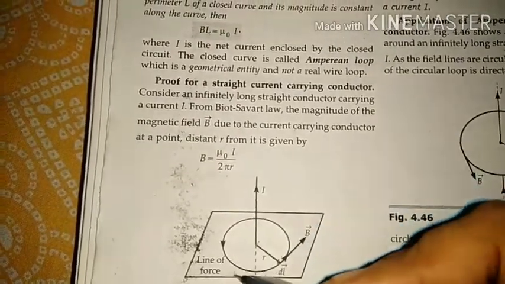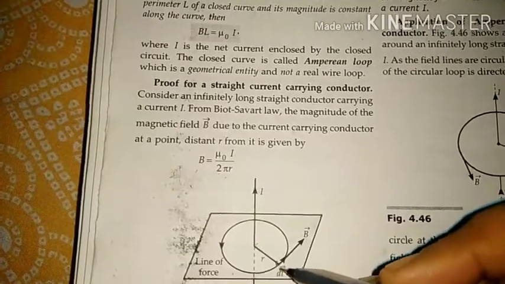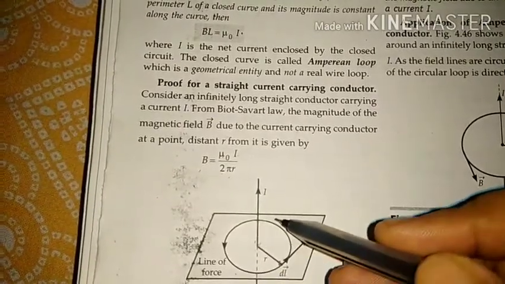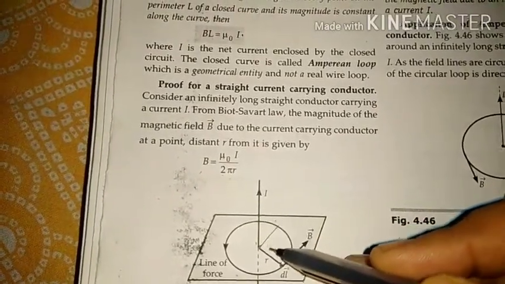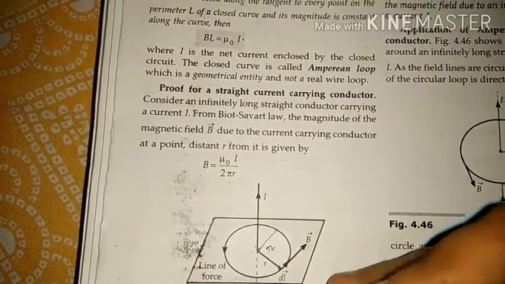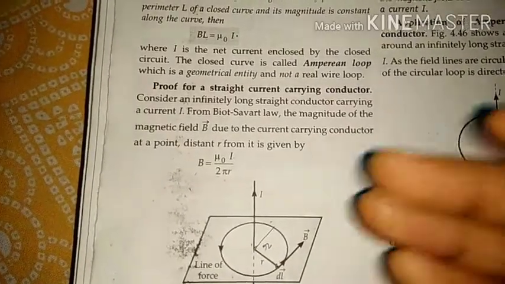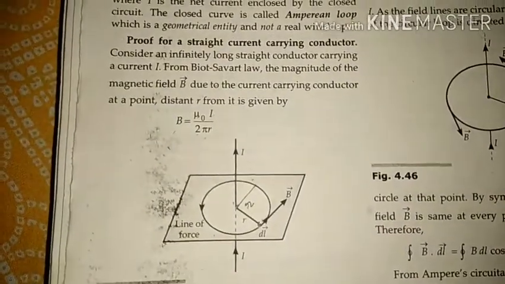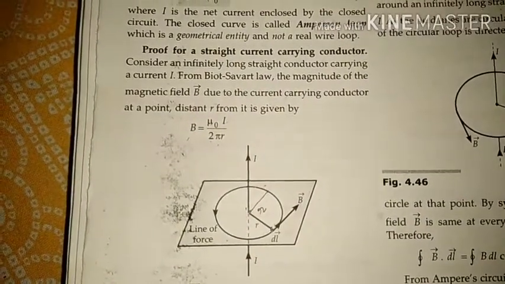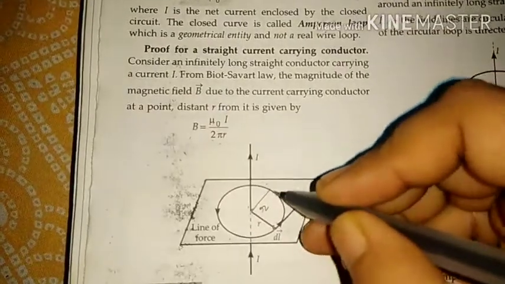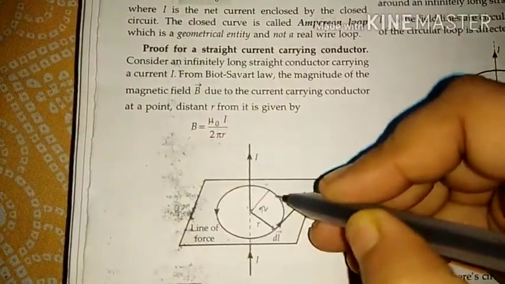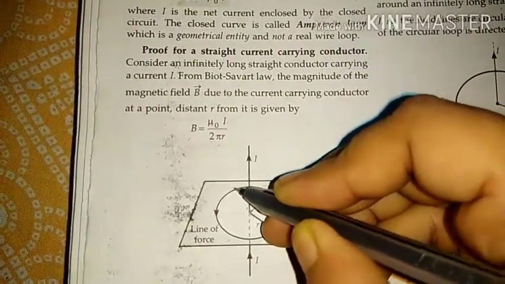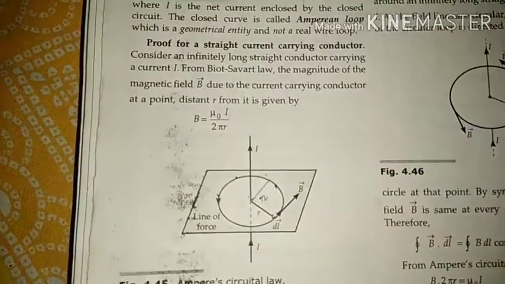This is the circumference of this closed circuit and its radius is r. From any side, if you draw this, this is also r, this r, this r are all the same. This is the radius of this circular wire. So the magnitude of B is the same for all points on the circle. Here the magnetic field, here the magnetic field, it will be the same.